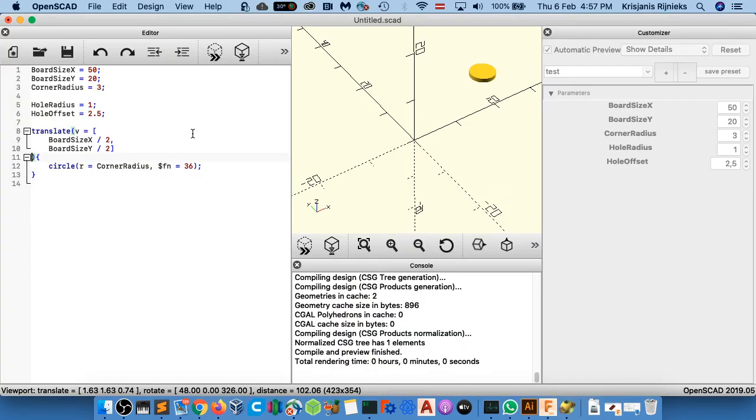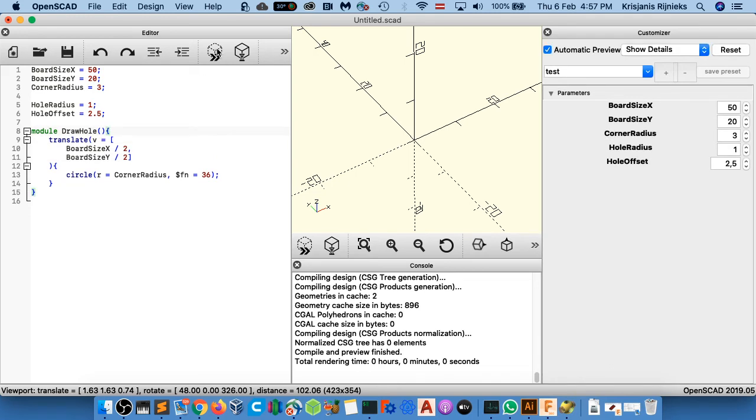So let's create a module out of this. Module draw hole, and let's put it inside these curly brackets like this. And now if I hit render, it's going to render nothing because we are not using